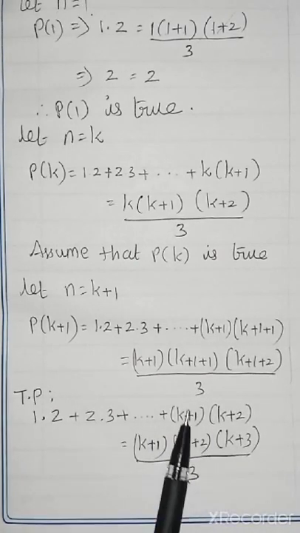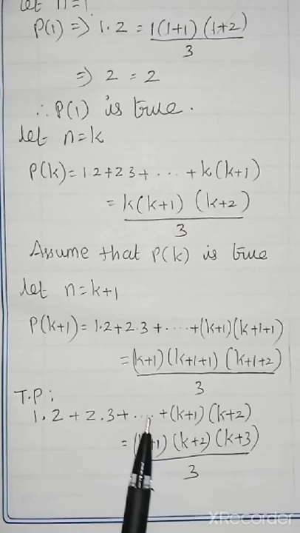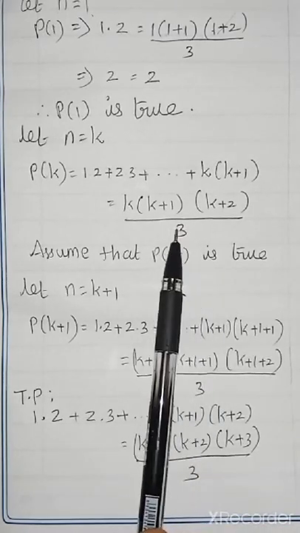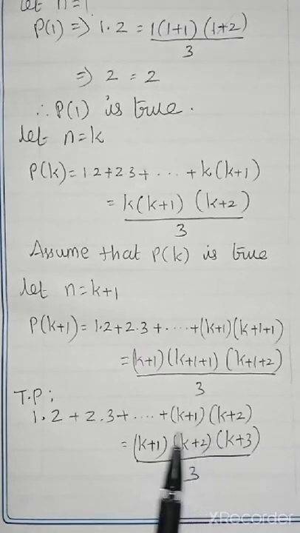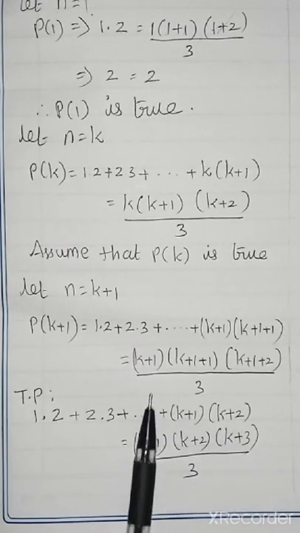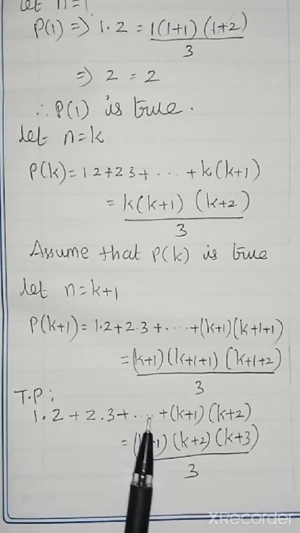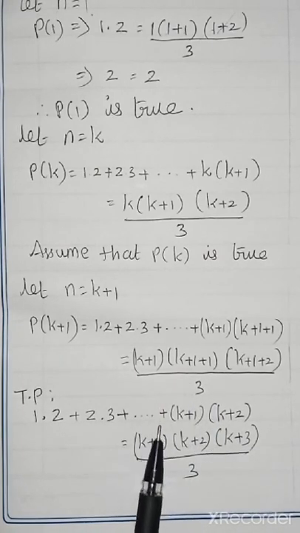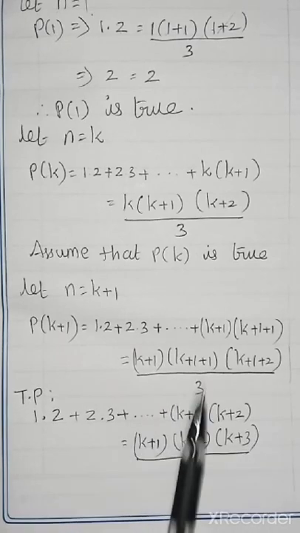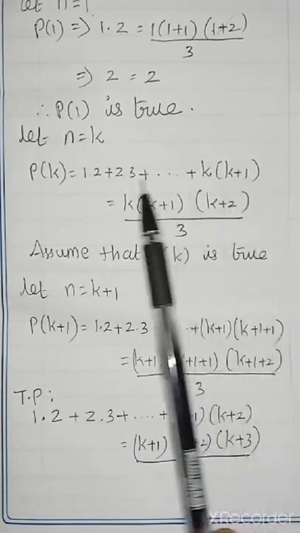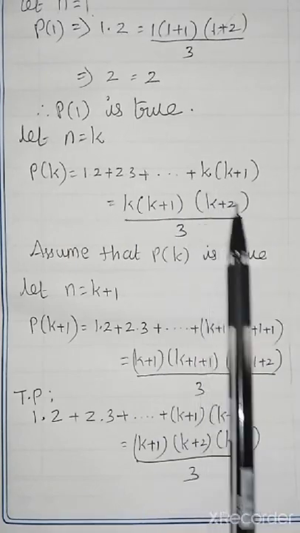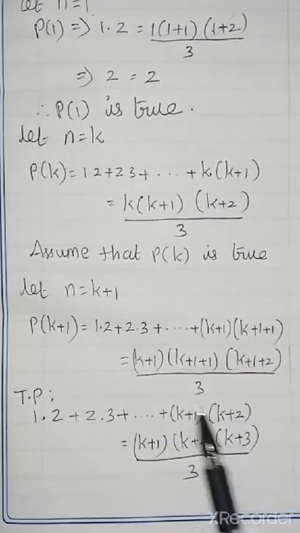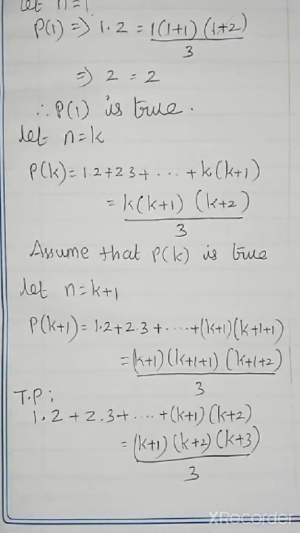How will we prove it? We will take its previous term, and in place of that previous term, which term will we substitute? We will substitute this term. Okay, now look here. K plus 1, k plus 2. What will the previous term be? The previous term of k plus 1 will be k. The previous term of k plus 2 will be k plus 1. Correct? So the previous term will be k into k plus 1. So in place of this full term, can we substitute this? Then if you take this and the last term and simplify, you will get your right hand side. All problems are done in the same way. So for everything we substitute the value of k. Definitely you will get your right hand side.